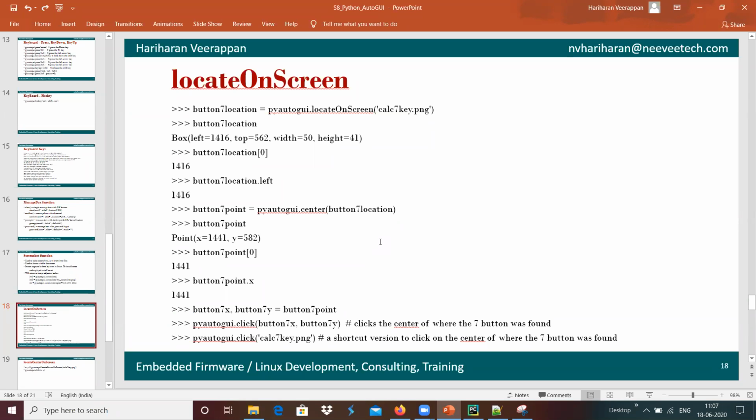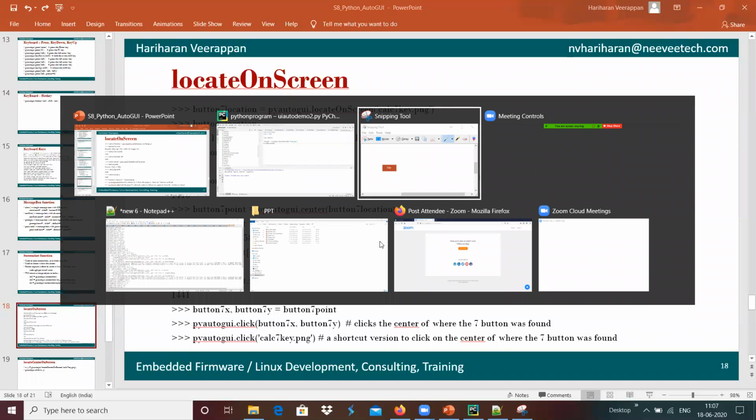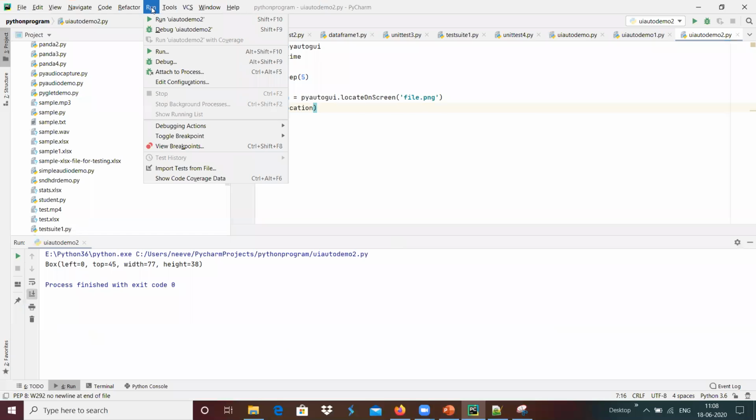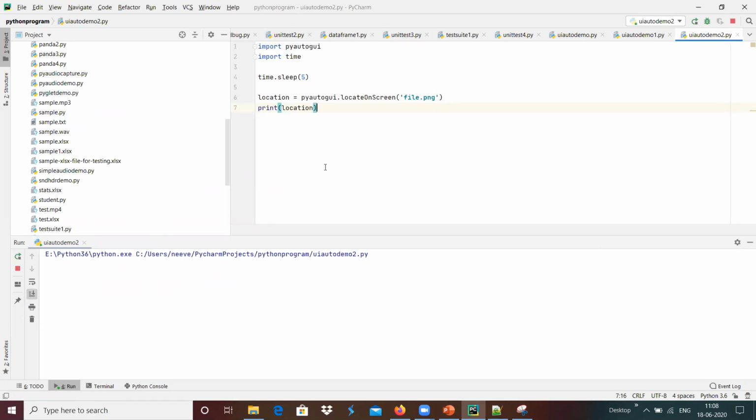And 3, 4, 5, 6, 7, 8, 9, 10. And I hope that our program gets executed, and we got the option, something like this is a location of box. It has been present with this file. Maybe if I'm running it here locally, we got none, because